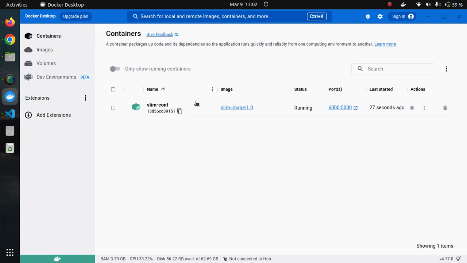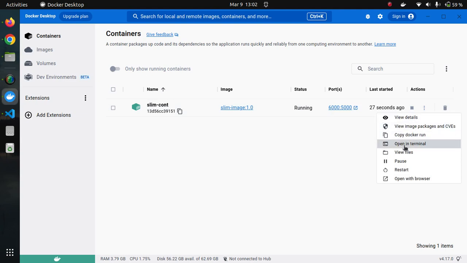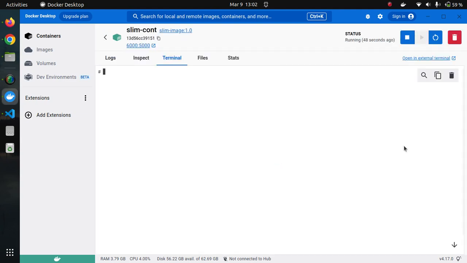And if you go to containers, our container name is slim-cont, we named it, and the image it is using is slim image 1.0, and it is listening on port 6000 on our outside world, and 5000 inside the container. And you can also cross check other things, like what Linux distro it is using, and in order to check that, you can fire a command, /etc/